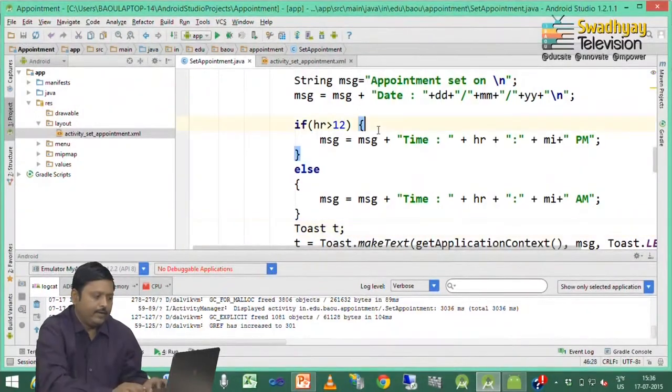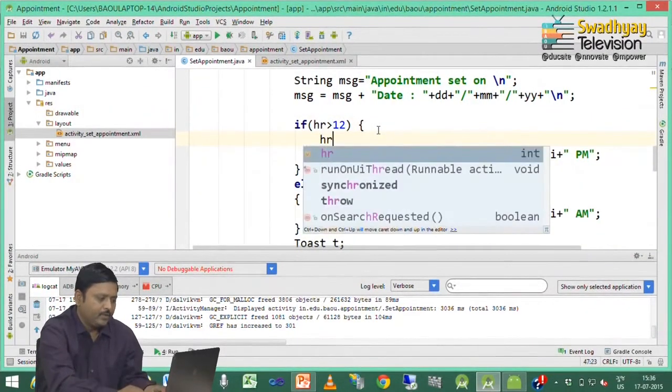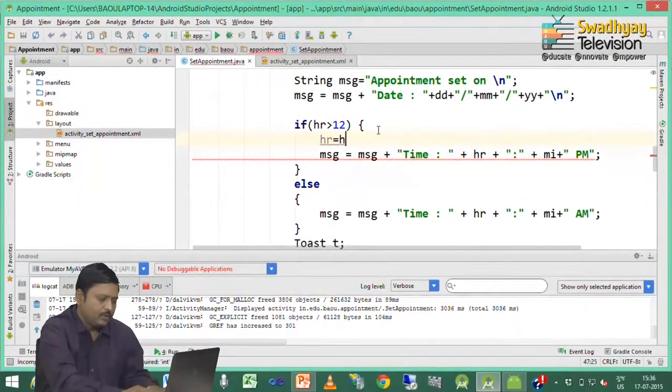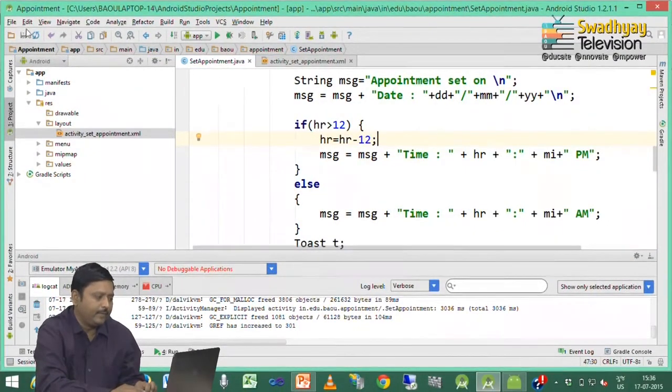And whenever HR is greater than 12, we should subtract 12 from it, because now we are specifying PM and AM in our code. So, I am running this application to test inside the emulator.